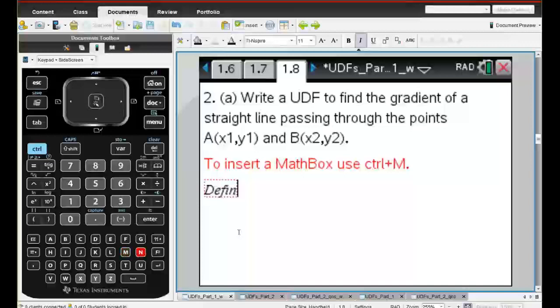If you're on the computer, you can type in your things, and we're just going to call this grad M. Okay, and then we're going to be putting in each of the variables, x1, comma, x2. Now, this is the thing that you have to decide. How do I put them in? Will I take them as pairs and go x1, y1? Or will I go x2, x1, x2, y1, y2? I'd probably suggest it's better to put them in as you would read them off as coordinate pairs. And then